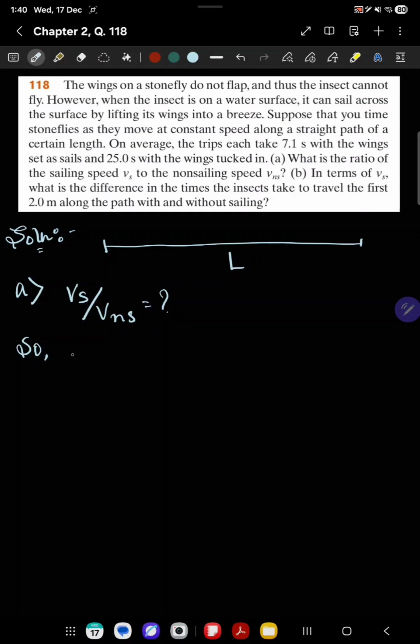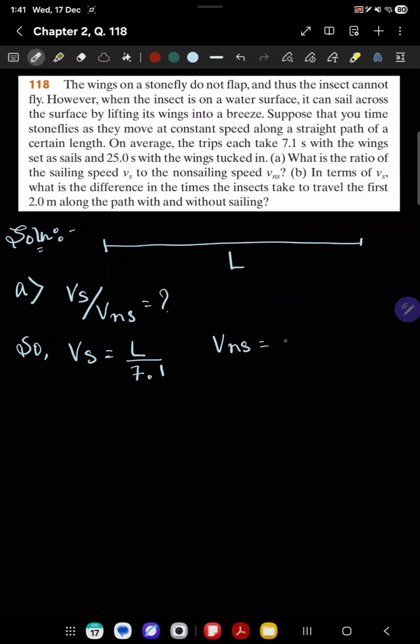So here we know Vs is basically distance upon time. So it is basically L upon, we need to find out. See, with the wings set as sail, it is taking 7.1 seconds. So we will write it as 7.1. Okay, this is Vs, and Vns will be without sail, which will take 25 seconds as mentioned. 25. Now taking the ratio,